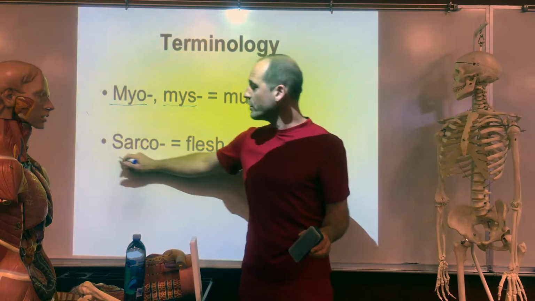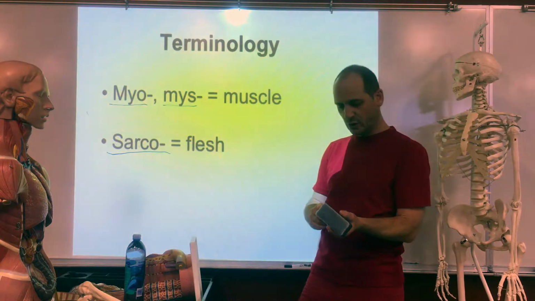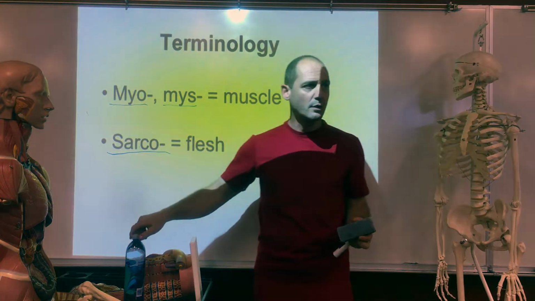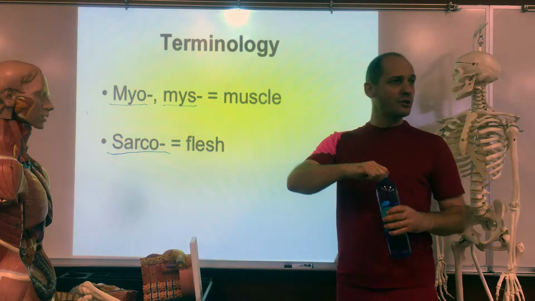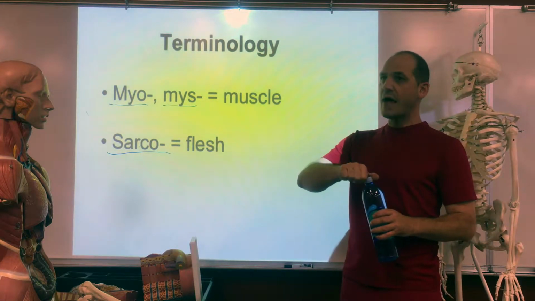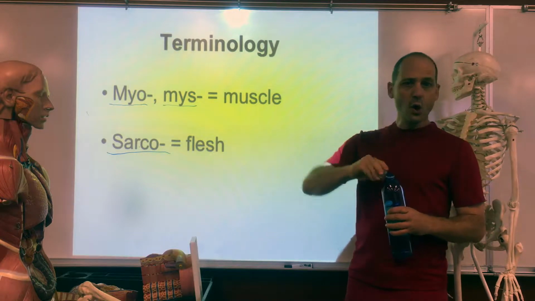Also, the word sarco is a little different, but it also means flesh. Well, that means flesh. That also refers to muscle. Because when we look from the outside in the body, we got the skin, and underneath we got some fat, and underneath that we got muscle. So in the body,